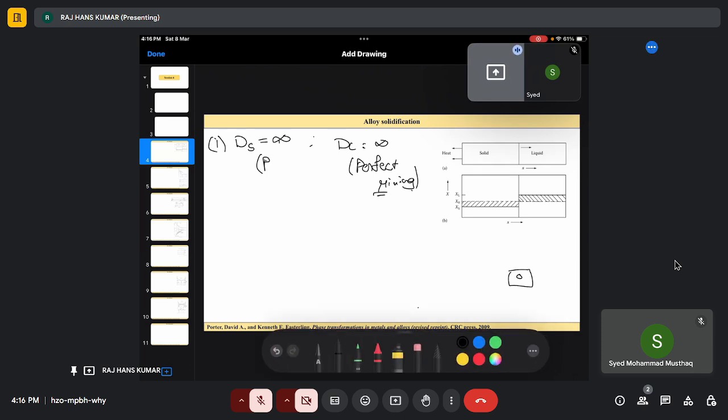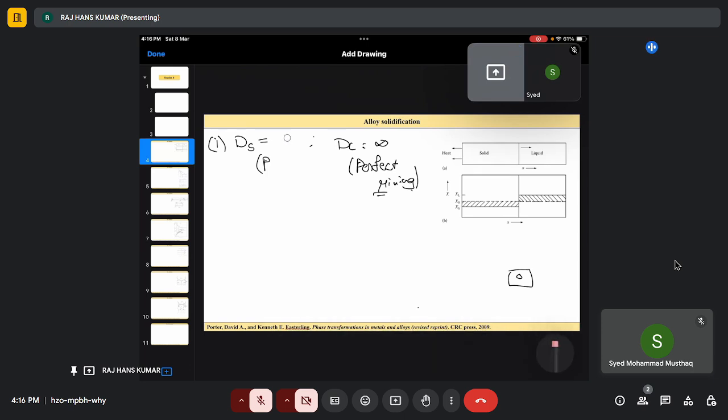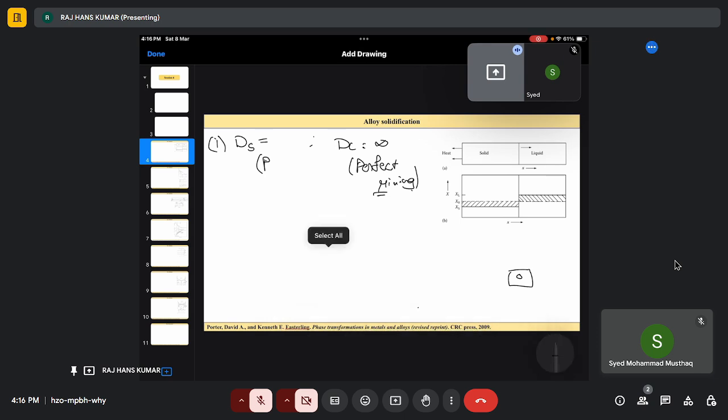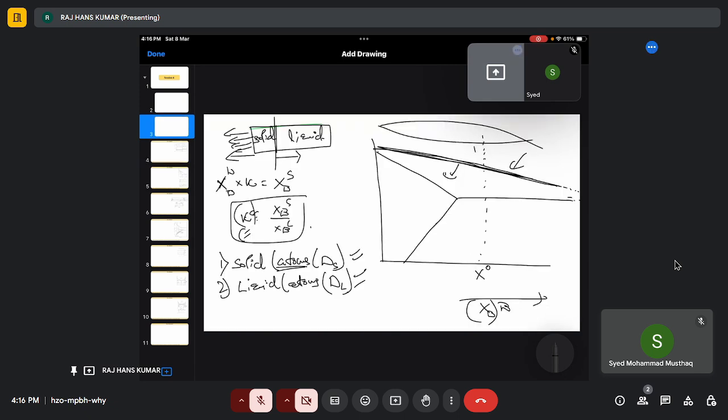We can have two cases. Like, we can say the diffusion is infinite, but it is more of a non-ideality case. So let's say for diffusion to happen, we are giving enough time, right? Let's say diffusion has some constant k dash, and to totally diffuse the solid, for example, like here,